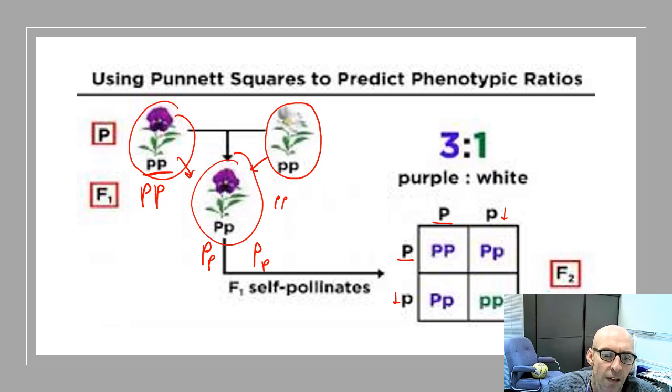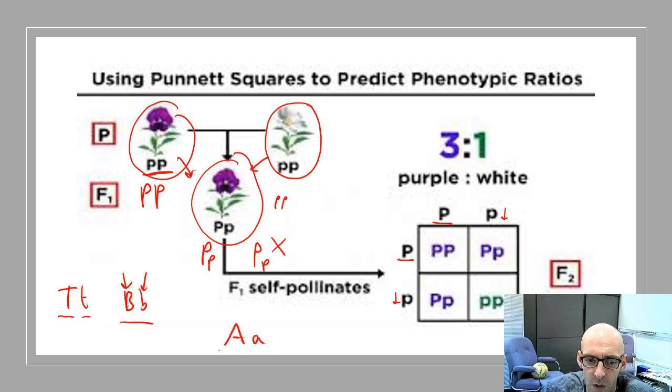P's a really bad letter. Think about it a minute ago, we were using T and T. They're a great letter, just like B and B. And they're a great letter because the capital version is very different from the small case. P is a bad letter to use for any diagrams. You don't use P, you don't use S, you don't use O. If you're ever stuck for what letter to use, just use the letter A. It's really obvious which one's the dominant and which one's the recessive.